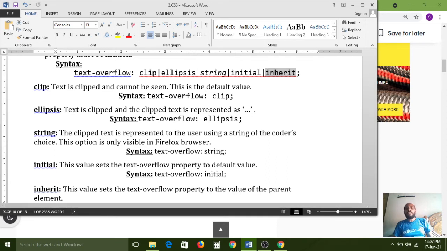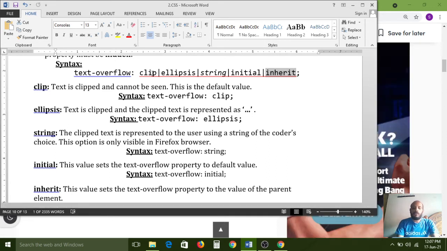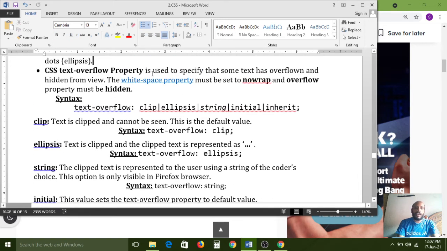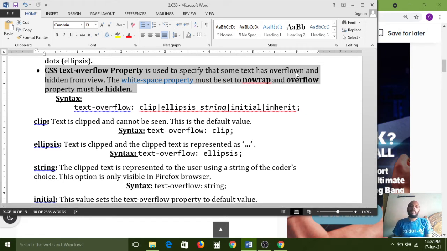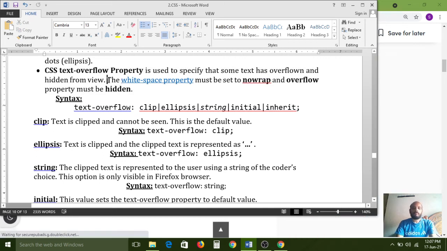Now practically we have to see, but before that we have to understand some note points. The CSS text-overflow property is used to specify that some text has overflowed. If any text is overflowed on the website, then we use the CSS text-overflow property, and in that we have to set two properties.